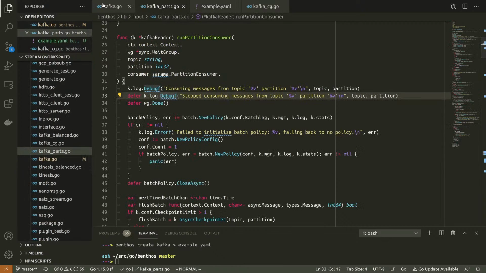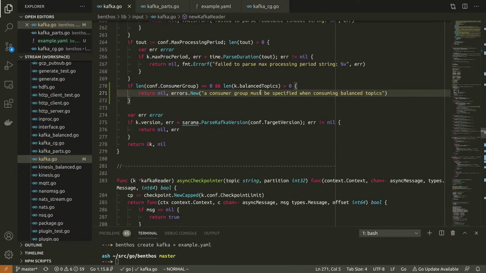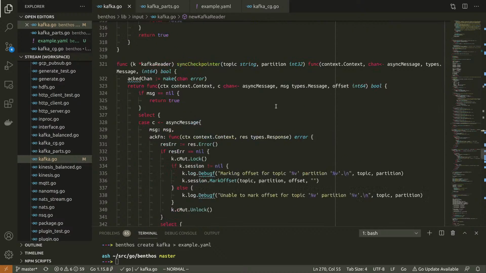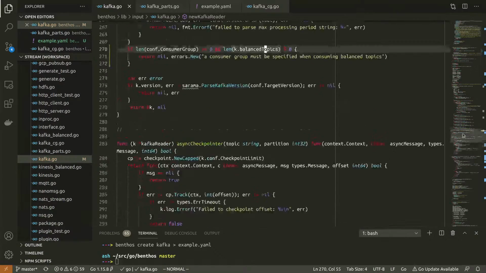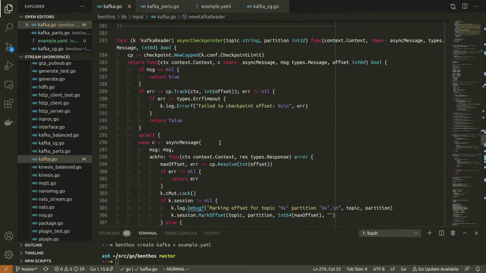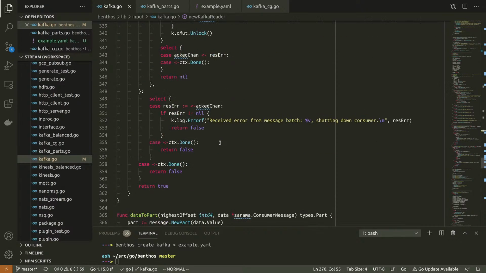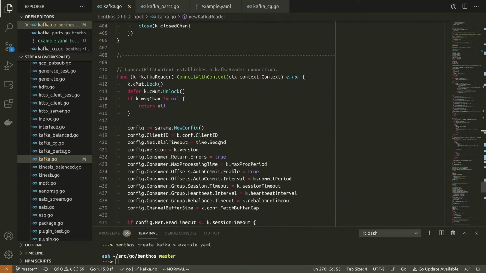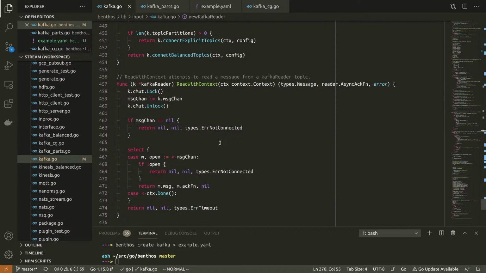I think that's probably fine for now. Yeah, I think that's fine for now. We can revisit that at a later stage. So the next thing that happens, we've initialized our reader. And the next thing that happens is we connect.